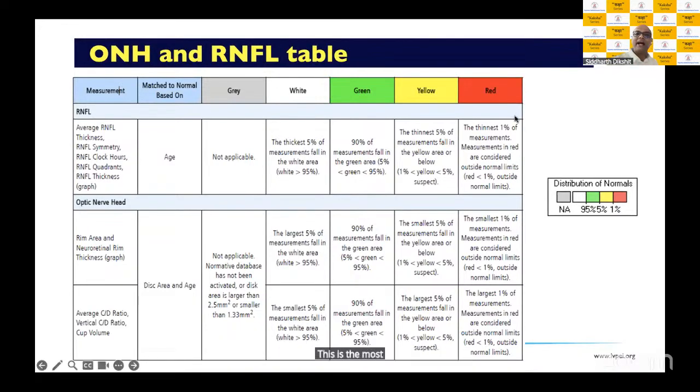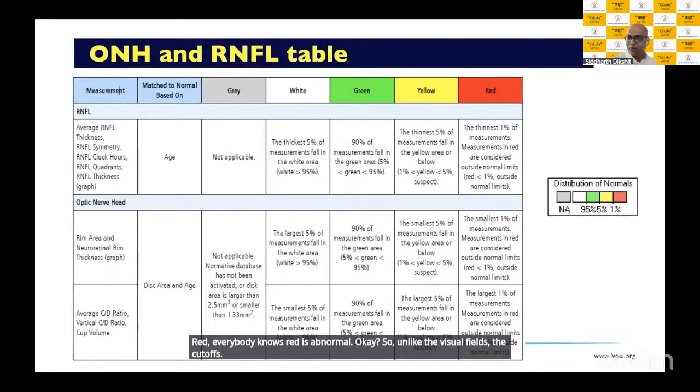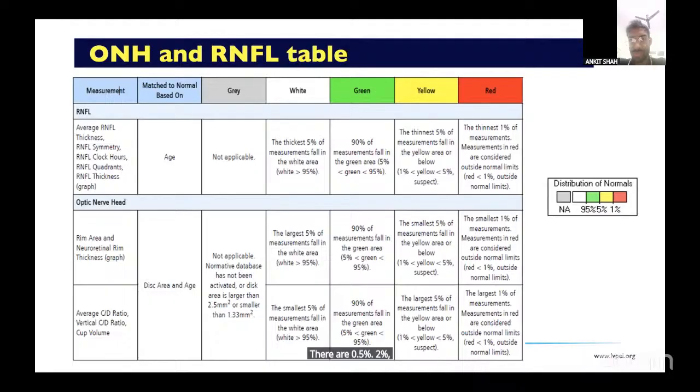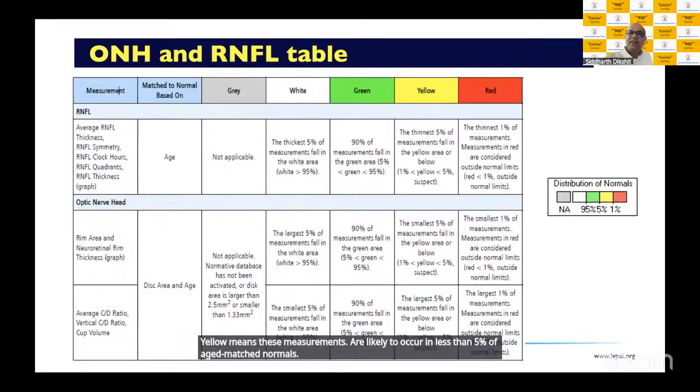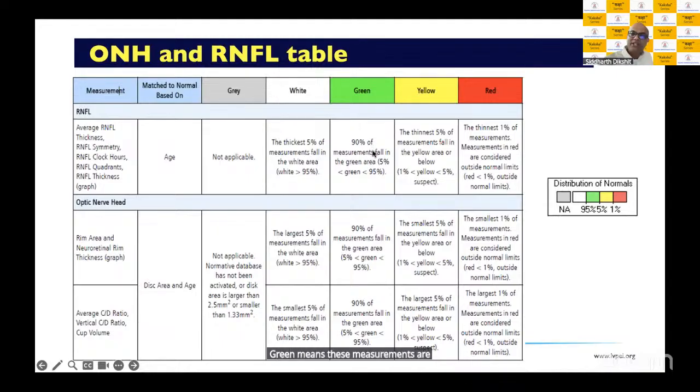This is the most important part as far as the summary table is concerned. Red, everybody knows red is abnormal. Okay. So unlike the visual fields, the cutoffs there are 0.5%, 2%, 5%, and 0.5%, 1%, 2%, and 5%. Here the cutoffs are 1%, 5%, and 90%. Okay. So anything that is red falls below the likely measurements that are likely to occur in less than 1% of normal individuals who are age matched. Yellow means these measurements are likely to occur in less than 5% of age matched normals. Green means these measurements are likely to occur in more than 90% of